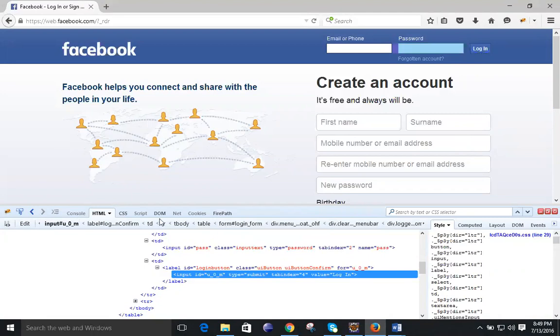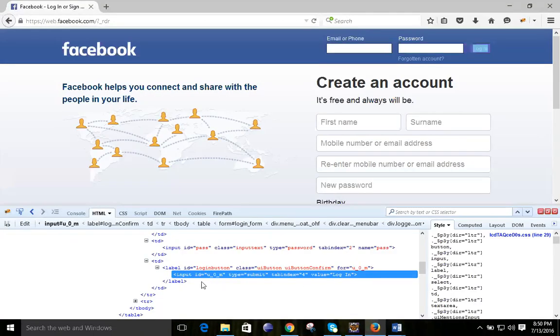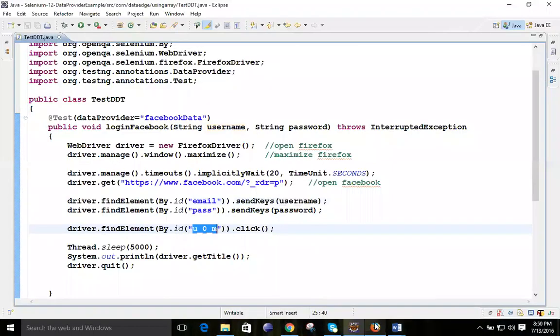That's why we were taking the help of the FirePath. But whenever you run this, in your case, there may be chances that this ID will not be the same. So whatever ID it is suggesting, just simply provide the same ID over here. Now you can see driver dot find element by ID, and whatever the ID is for the login, you need to give the same. Make sure whatever ID it is suggesting. In my case, yesterday when I was running, it was giving some other ID, now it is giving this one. So it will depend, it will change also.